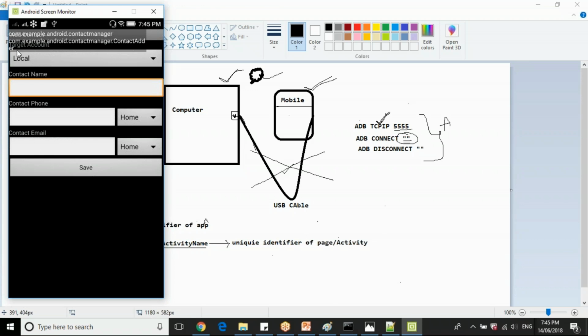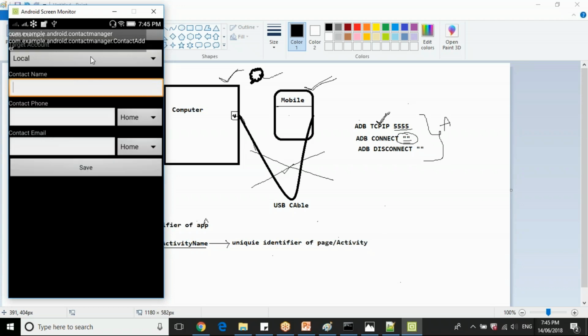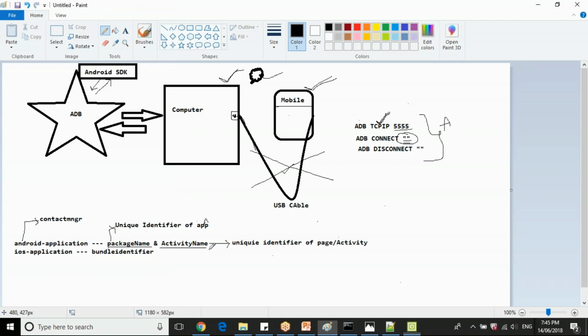So contact adder is your activity name. Each time you click and navigate to a particular page, you will have a different page name. The page names are called activity names in your Android application.